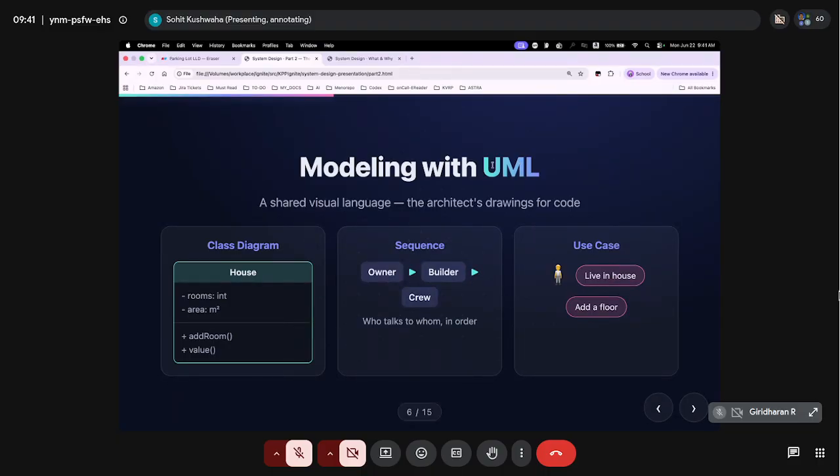There is a unified data model diagram, UML. Suppose this is a class, let's say a house class. In house I can say there will be an integer type room variable, which is going to store how many rooms there are. And there will be another integer which says how much area my house is going to have. Then there will be two methods, add room and